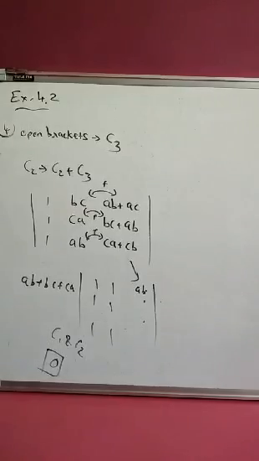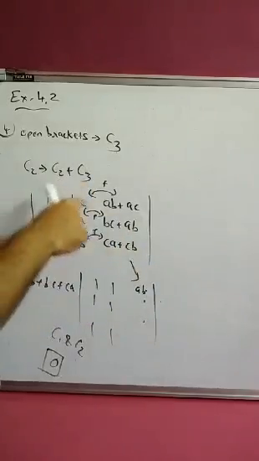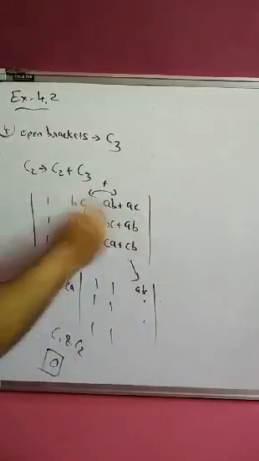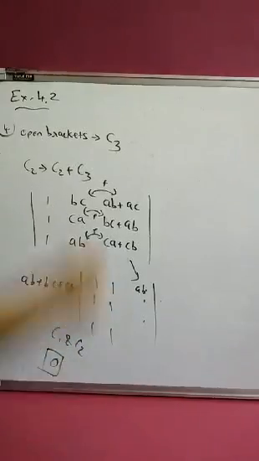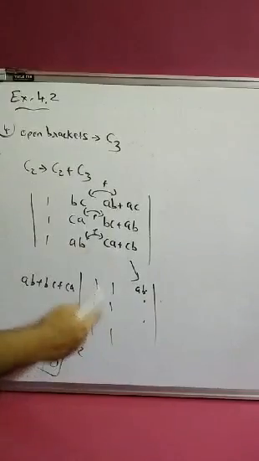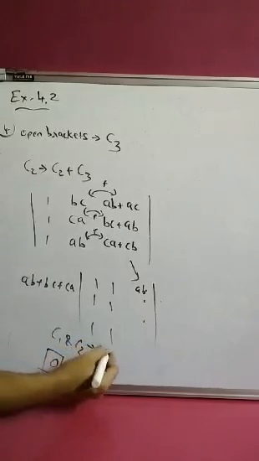Okay, what I did is, here in column 2 I added column 2 plus column 3, but before that I expanded this step in the bracket. Okay, now if you add column 2 and column 3 and take out AB plus BC plus CA from column 2, then you will get both column 1 and column 2 identical. If both the columns are identical, then our answer is 0.